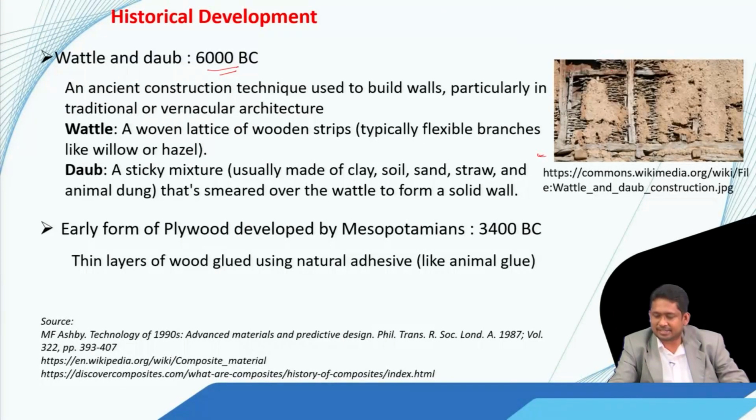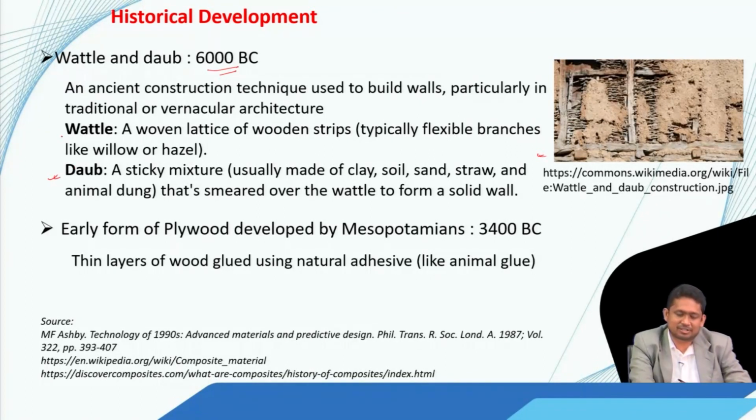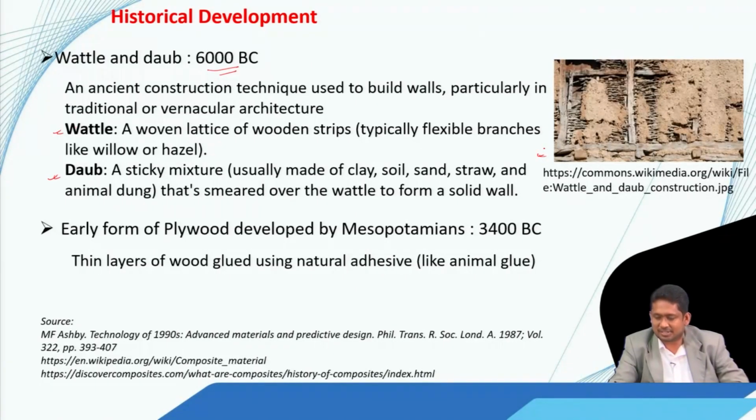We can see that there is a skeleton that is generally made of flexible woods like hazel, willow, and so this has a type of lattice structure, I would say. So, this gives strength. It is a kind of reinforcement, and then a sticky mixture of clay, soil, sand, straw and animal dung is smeared over that. That is called daub. So, this daub is matrix, and this wattle, that wooden lattice, can be considered as reinforcement here. So, this is a primitive type of composite, and then in around 3400 BC there were